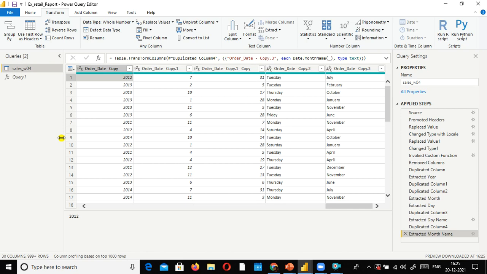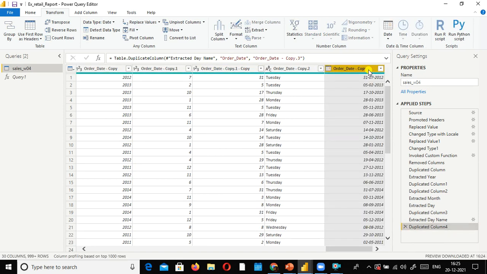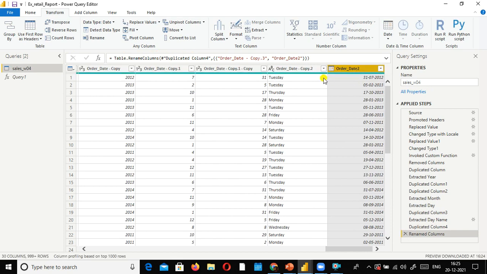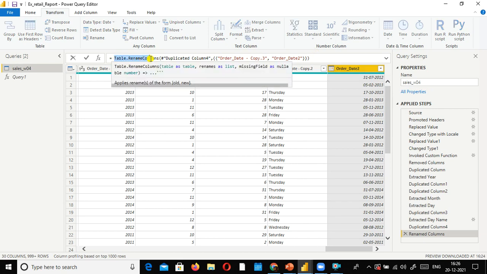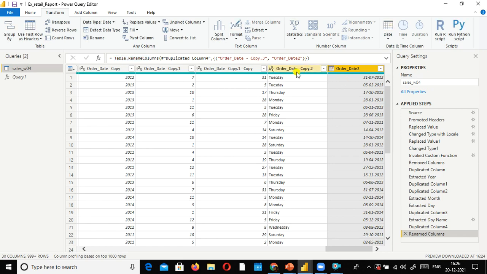And supposing you wanted to find out the given date, I just want to revoke it. This is my order date copy 3. I just say order date. You can rename it by selecting it. Just for my sake, I copy it like this. Here what I do is Date, Table dot, we have something called... one second, I just go here.